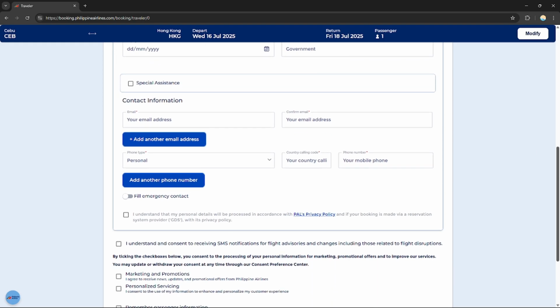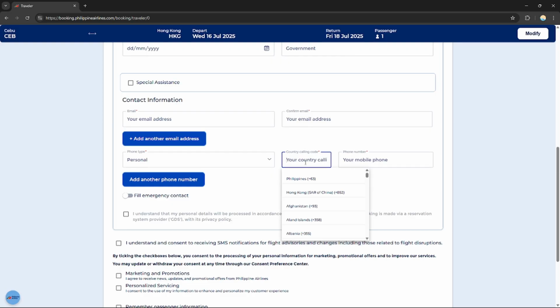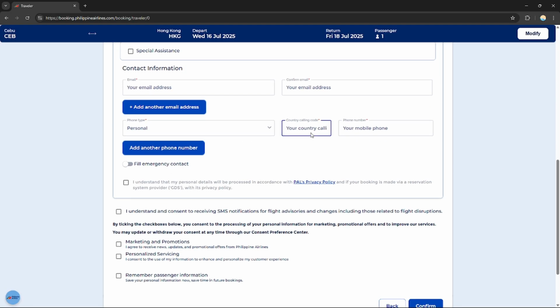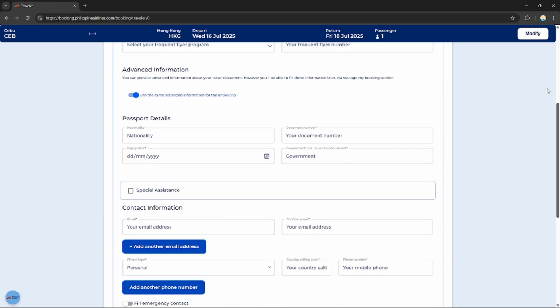And lastly, your contact information: your email address, your phone type, whether it's a business or personal number, and also your country calling code and your mobile phone number. After you're done with that, just click this one if you understand that your details will be processed in accordance with PAL's privacy policy, and if your booking is made via a reservation system provider, with its privacy policy. You can check all of this right here. So you agree to these conditions, and after that just click confirm,